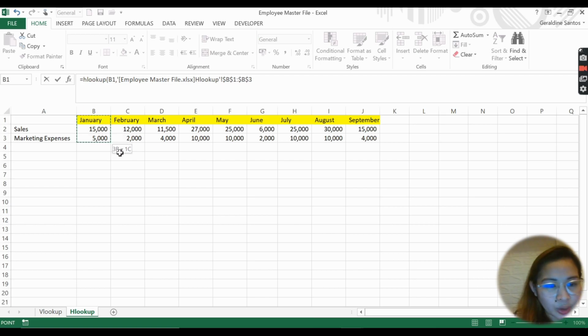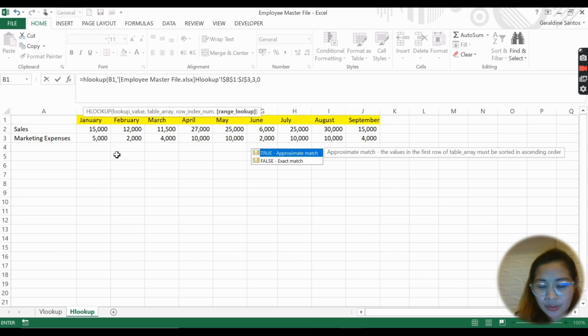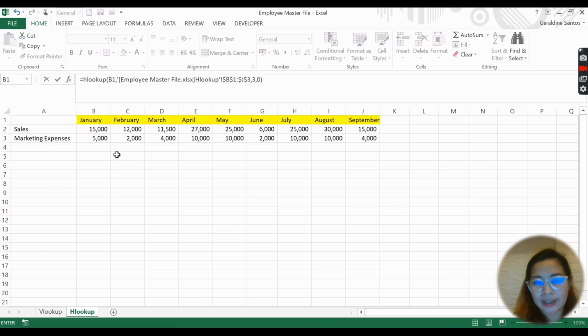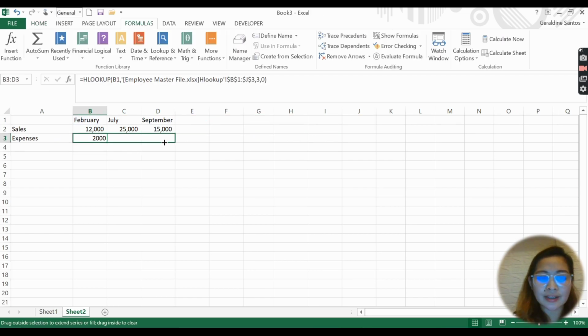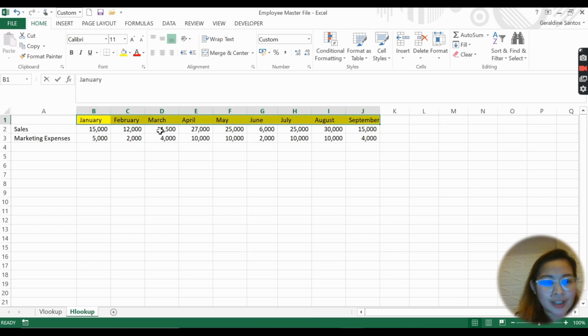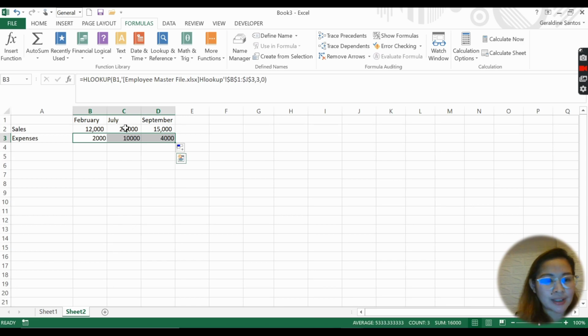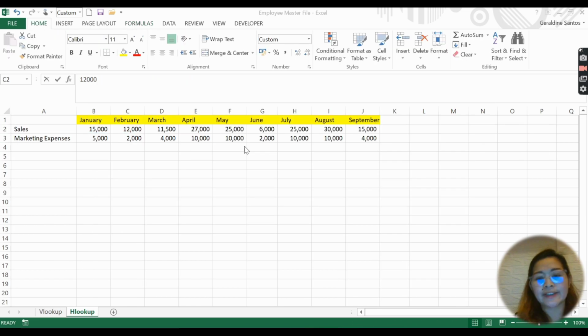So you see it is in row number 3 till last, comma, row number 3, comma, 0, close parenthesis, enter. And then you can just simply drag it and you will get whatever you need. See, my sales in February is 12,000. My sales in July is 25,000.